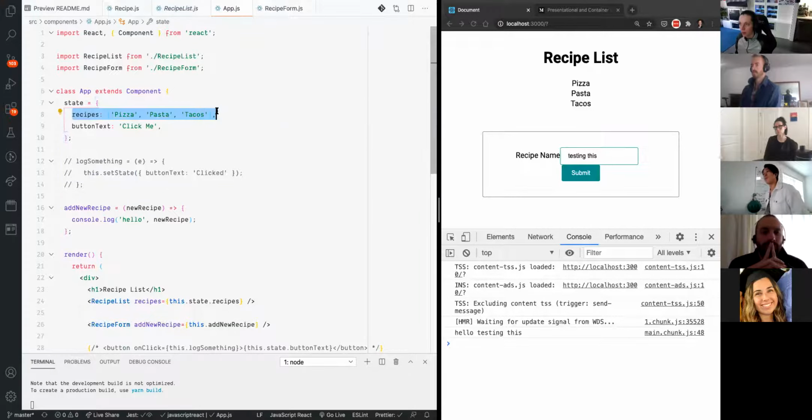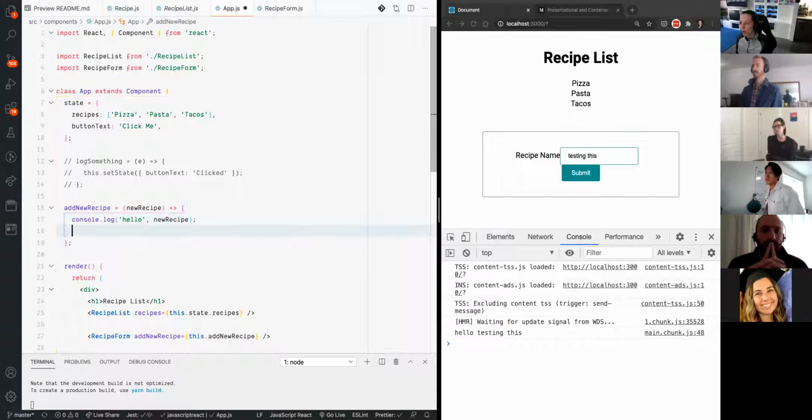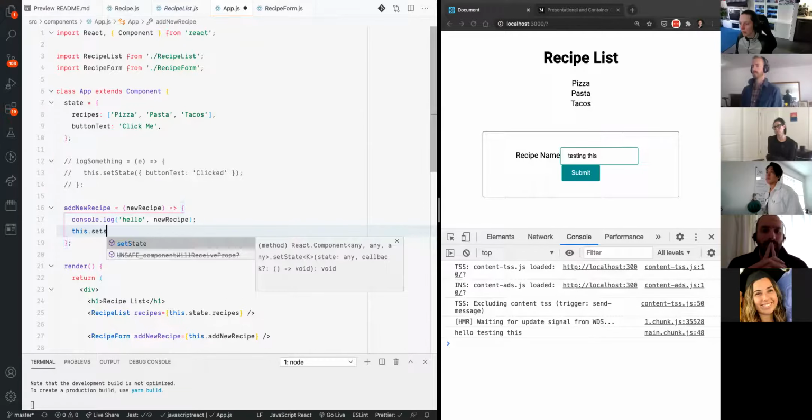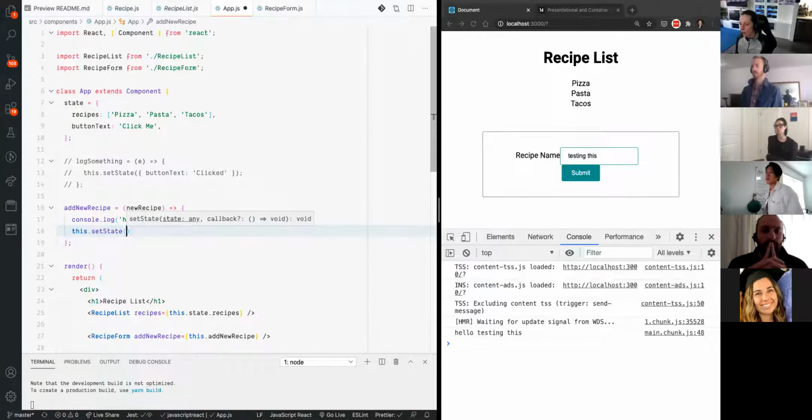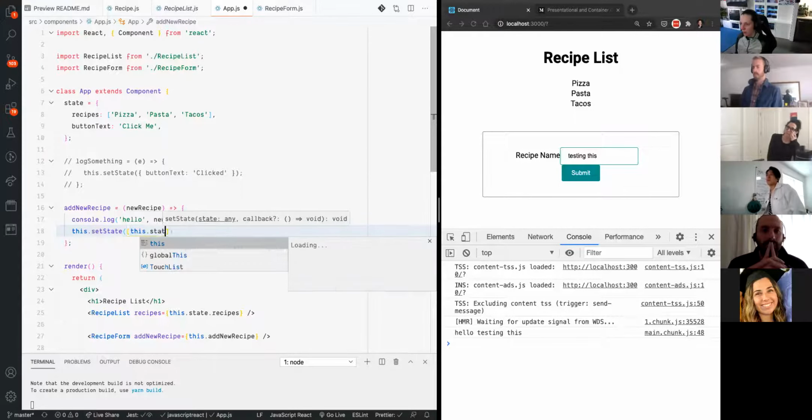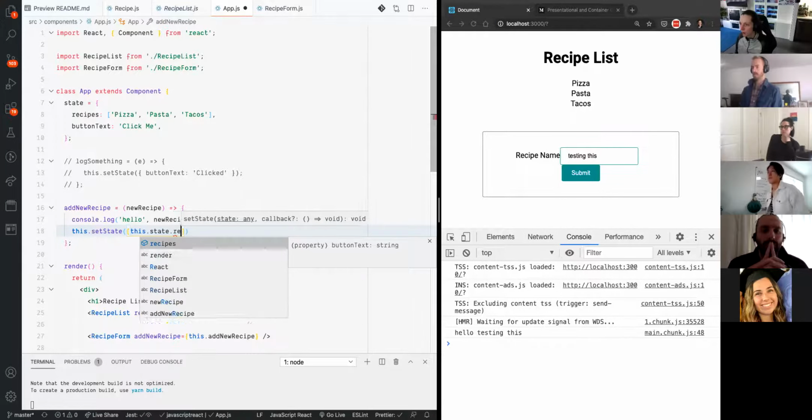My app component has the state of the state array for all the recipes. So if I want to update that, if I want to add a recipe to it, I need to do that in my app component. So here now, all I need to do is set my state, and we'll talk about adding a callback function here as well, if you all want. I'm going to take my previous state, this.state.recipes,